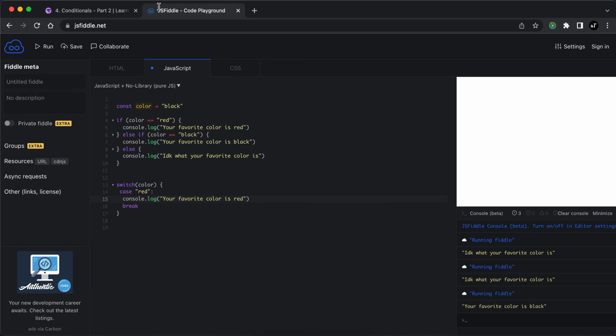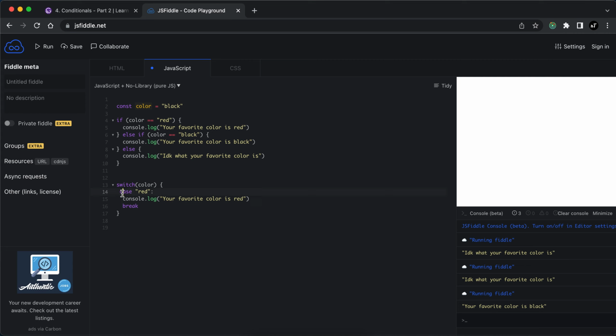So for the switch statement, we begin by using the switch keyword. And then we have these parentheses. Now within these parentheses will go what is usually referred to as the expression or the input of the condition. So this will be the value that will be used in all of the following conditions that will be specified within the switch statement. And the way we specify these conditions is by using this case clause over here,